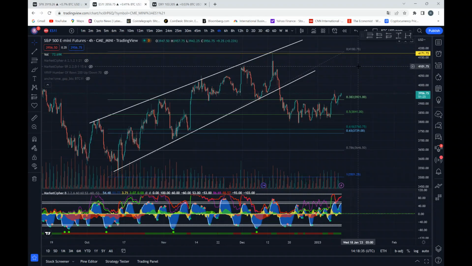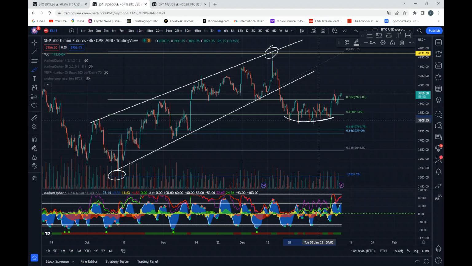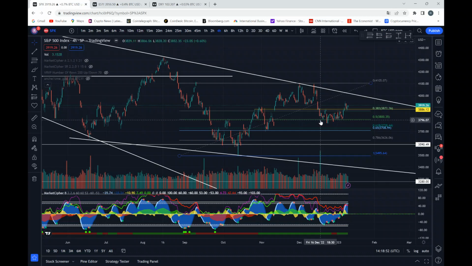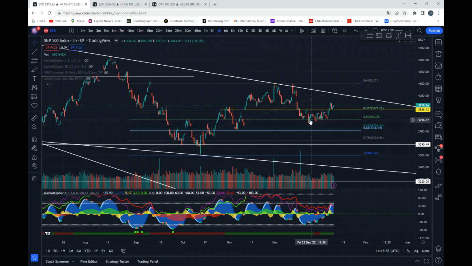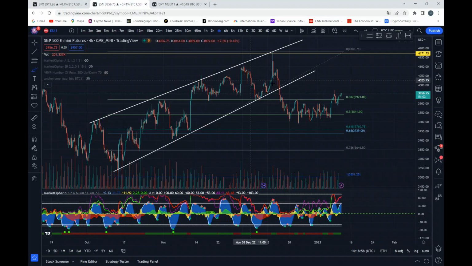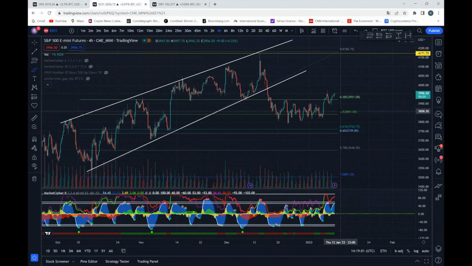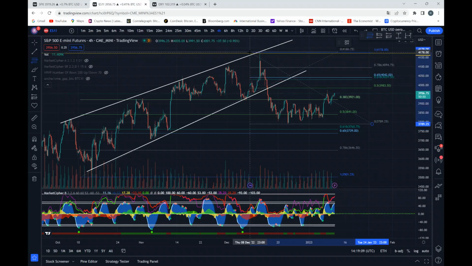If we are looking at the ES1, the first thing we see with the exact same Fibonacci retracement tool from the bottom to the top is that the bottom was just underneath the 0.5 of the Fibonacci retracement, whereas for the regular S&P 500 index, that was just at the golden pocket. So if we're talking about targets, this was actually a nice place to reverse to the upside, but what I'm actually looking out for is for the S&P 500 to go further down and eventually test that 3,500, the bottom that we once made.